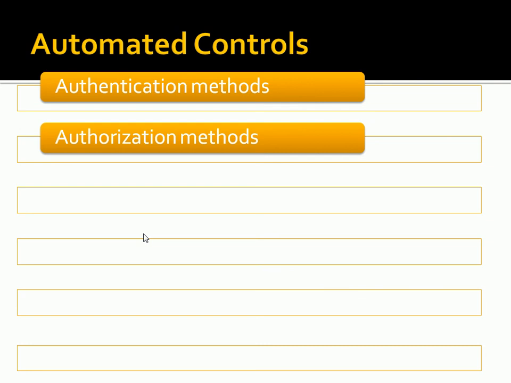Along with that is authorization. You don't just allow anybody to access anything, and it's kind of on your honor not to go and access the payroll files or something like that. You would make sure you have some authorization to make sure you block people from accessing things that they shouldn't be able to access. So those are both automated controls. Pretty basic. I think all of us implement authentication and authorization on our networks, and it's easy to do that. Active Directory obviously has all kinds of built-in tools to make sure that this happens.